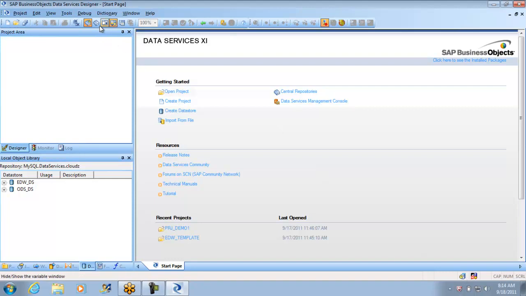But currently, you will not see your central repository library icon as active. The reason is we haven't installed the central repository on your machine, and you don't actually need a central repository as of now. I will surely show you a number of options in the central repository, and you can create a central repository yourself on your machine. I will show you how to do it.